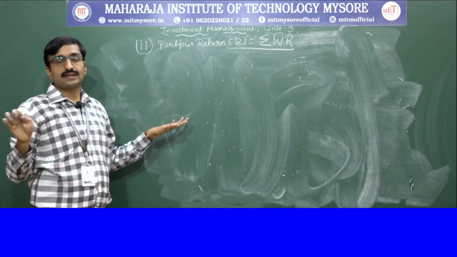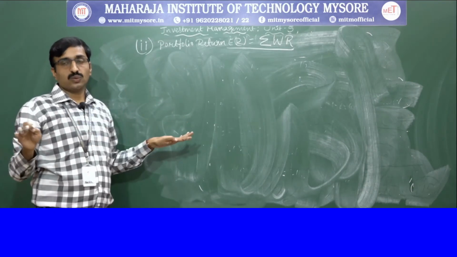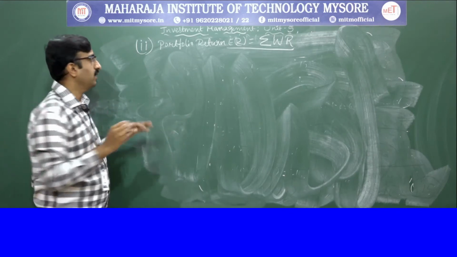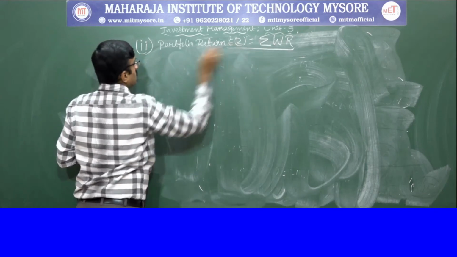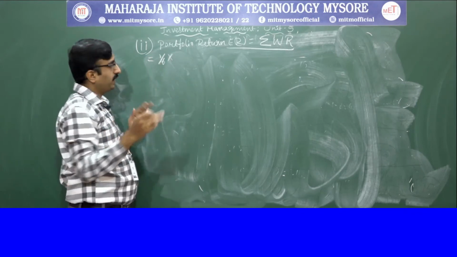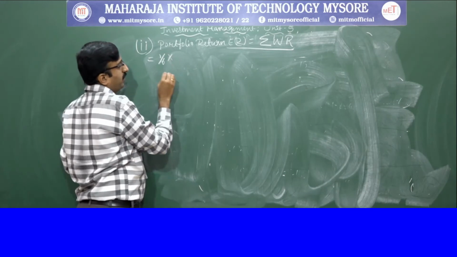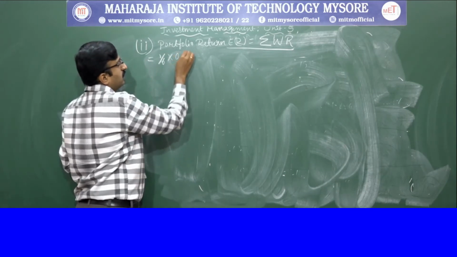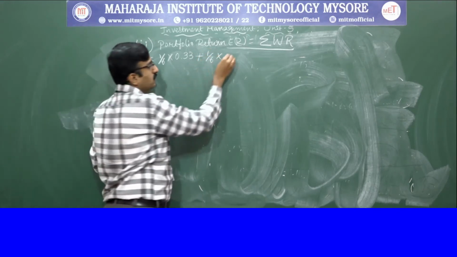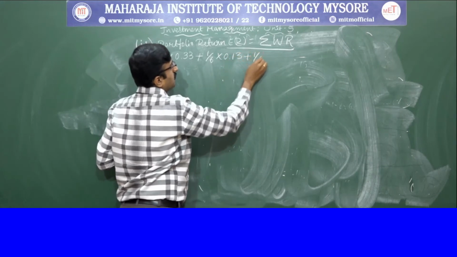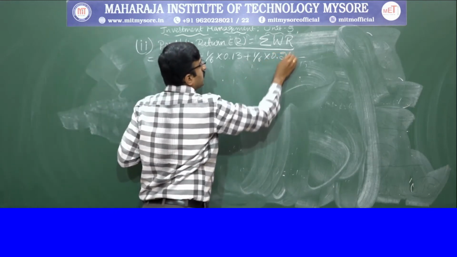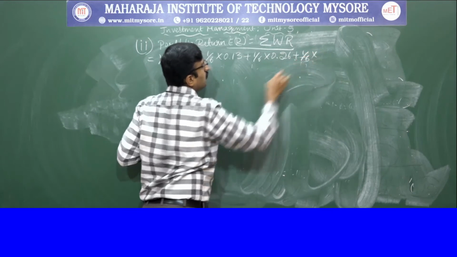Here the securities are equally divided, and equal means the weight is the same, 1 by 6. So you take 1 by 6 into the particular security's expected return, that is 0.33, plus 1 by 6 into the second one, 0.13, plus 1 by 6 into the third one, 0.26, plus 1 by 6 into